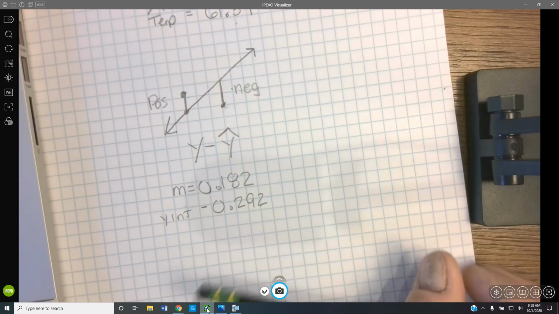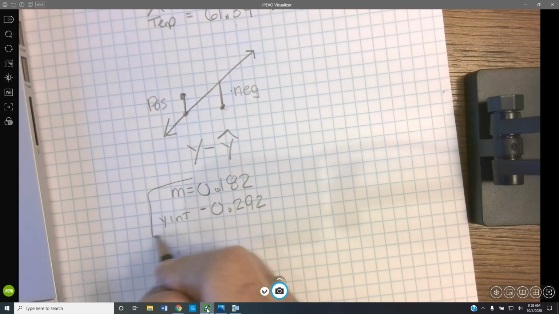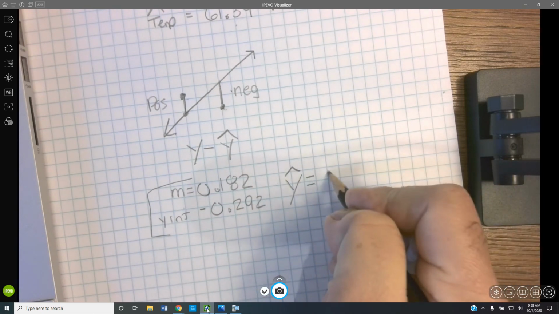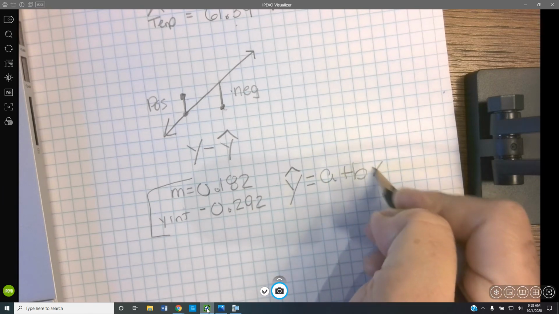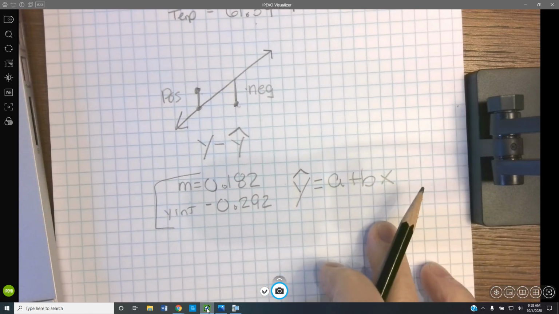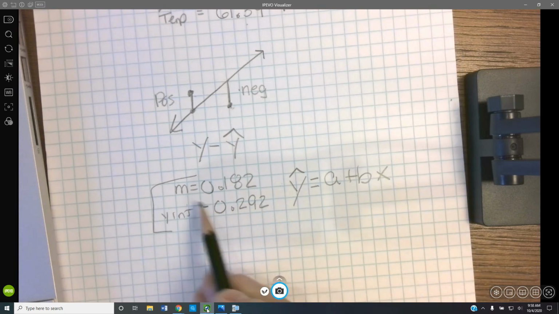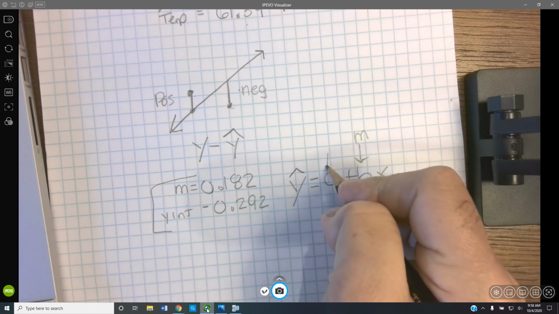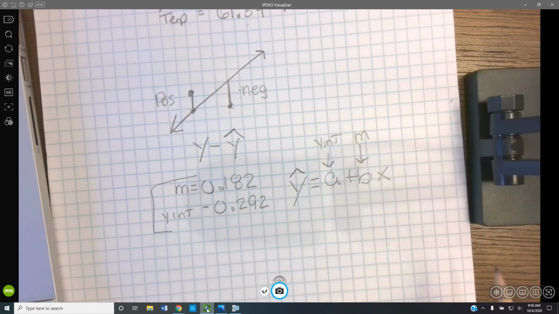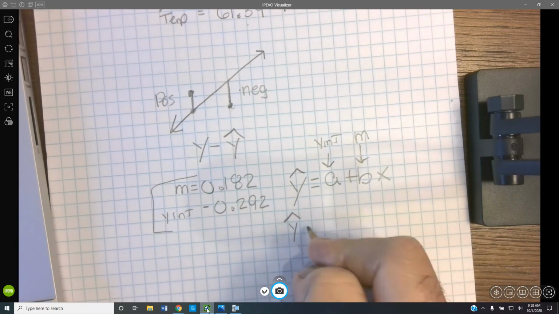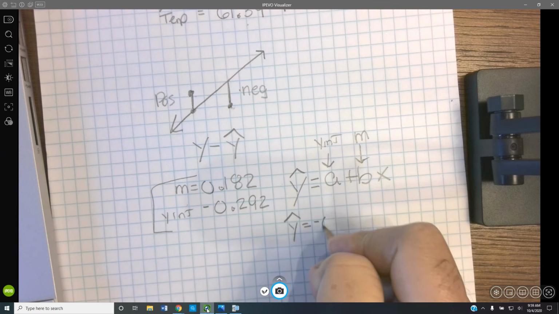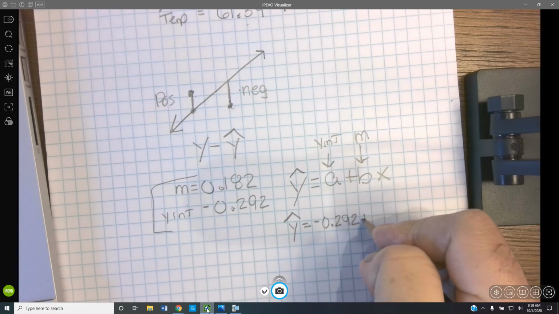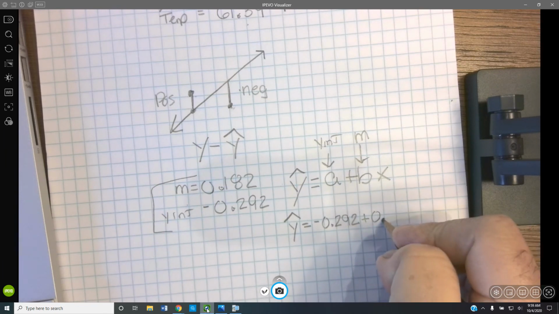Got to scoot myself over so you can see me. These are the two pieces of data I just pulled out. Remember what we're focusing on here is y hat equals a plus b x. This is the regression equation. The b is this value right here, the slope, and the a is the y-intercept. So my prediction equation turns into negative 0.292, the slope is positive, plus 0.182